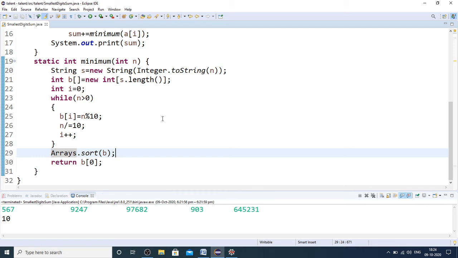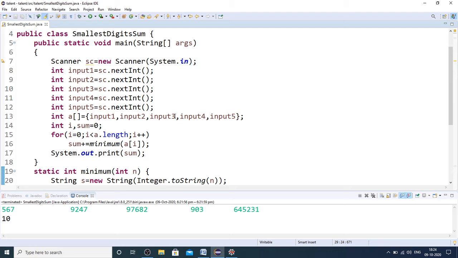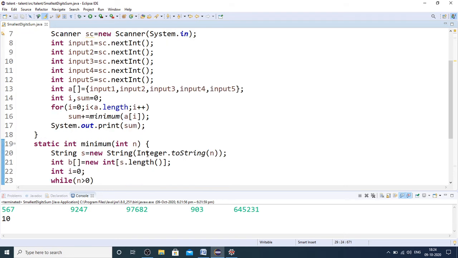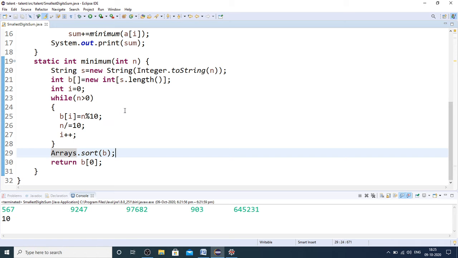So I've run this particular code in the placement exam, and it passed all the test cases. And whatever the number of inputs might be, this code will work for all the test cases. So it's very simple. I have defined my own input minimum function in order to get the smallest digit for any length of number. Whatever the input number length, this function will evaluate the smallest digit.